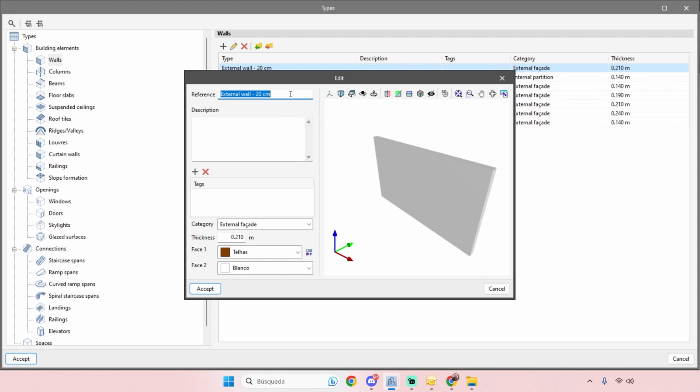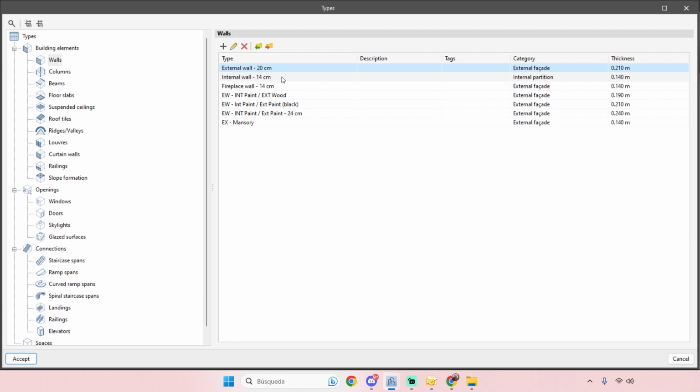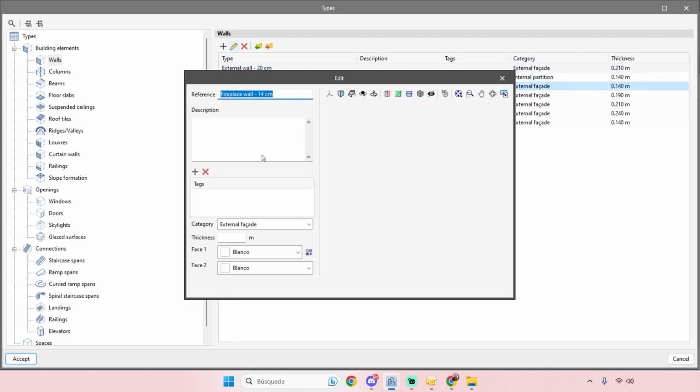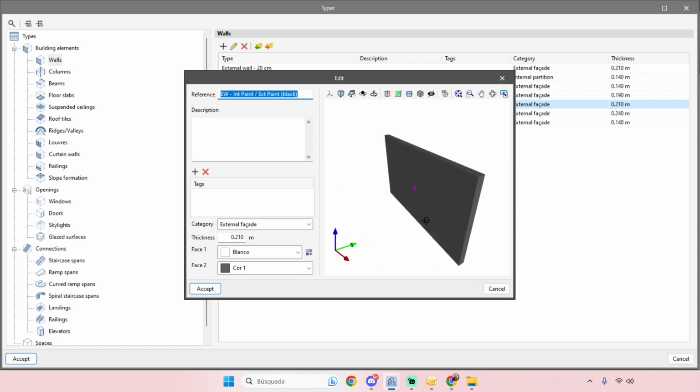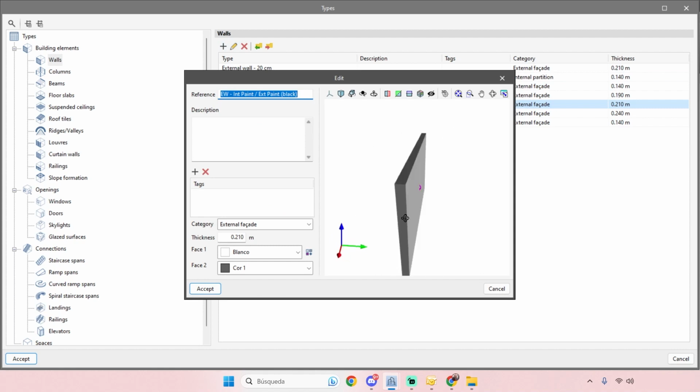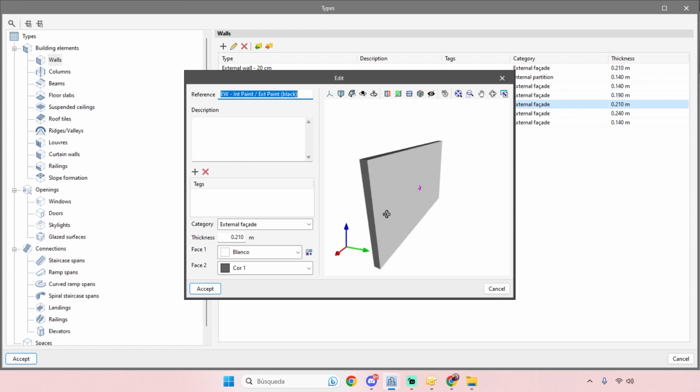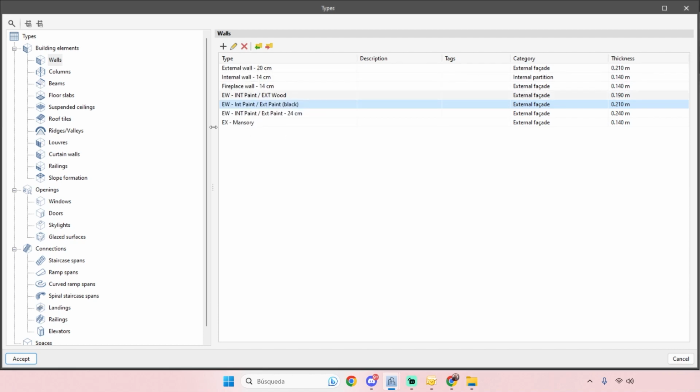For example, this one I've called external wall, 20 centimeters. So it's the category external facade with a thickness, with some colors that are different from, for example, the fireplace wall that was created with a different color and a different texture. Or for example, here I've created this one that has one color on one surface and another color on a second surface. The idea is that you create the types of walls that you have in your project,